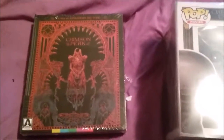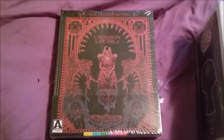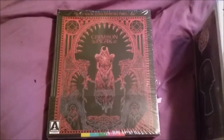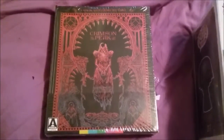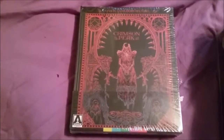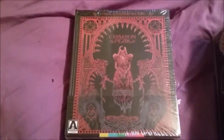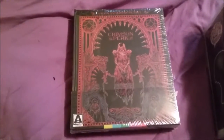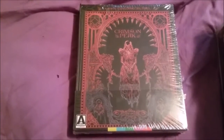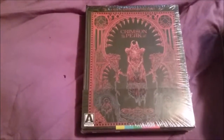The next film from Arrow Video is the limited edition of Crimson Peak. Now, I had to rush to get this film in my library before it went out of print, because this is a very limited edition title, and to my knowledge, there may be some copies left, but I think it may have also gone out of print as this sold very quickly. So, if you can find a copy of Crimson Peak, definitely get it. Do not wait, because this film is pretty much out of print. I don't know if Arrow Video is going to do another release of this, but